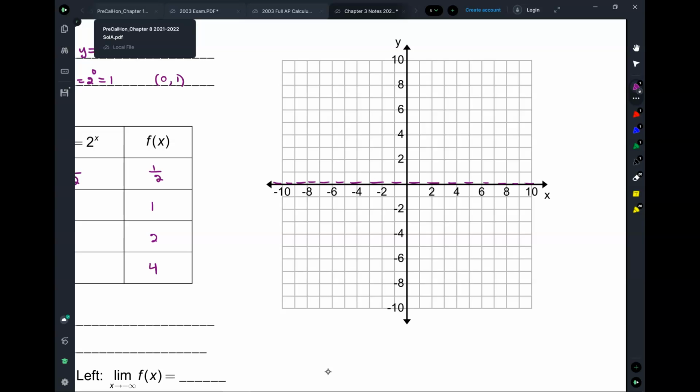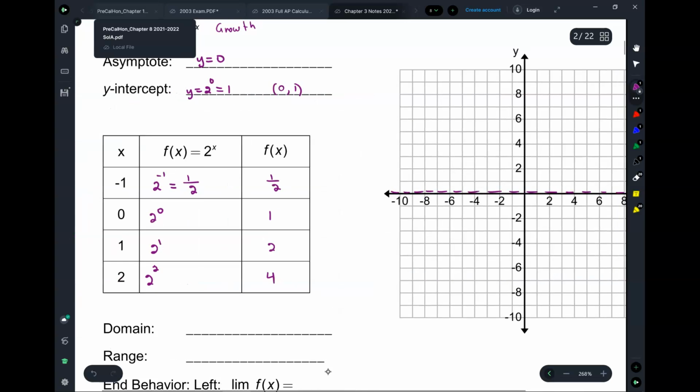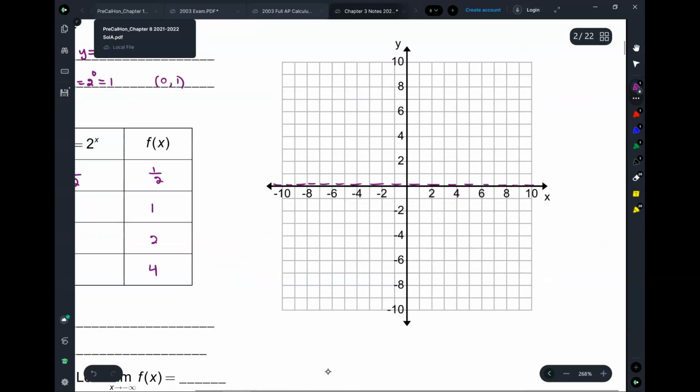So I'm usually fairly good at seeing it, but what I like to do, just like I did here, is do it like a hairline above, right? And like we get it, we know. Okay, so we're gonna put in our points here. When x is -1, we're at 1/2, then 1,